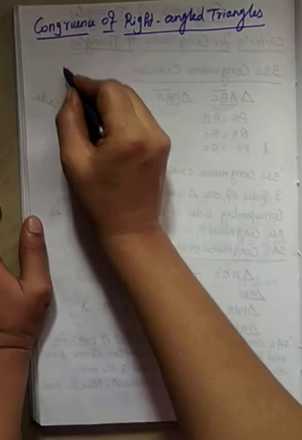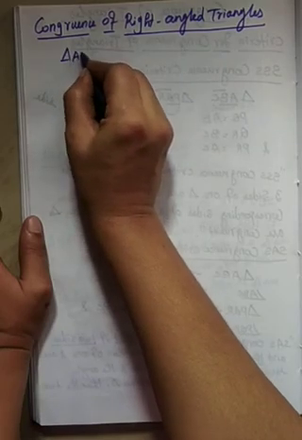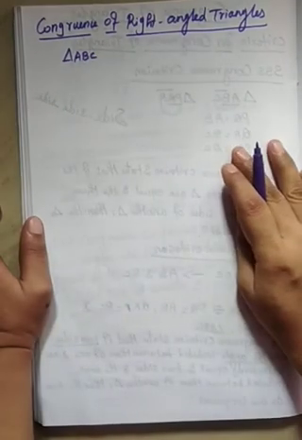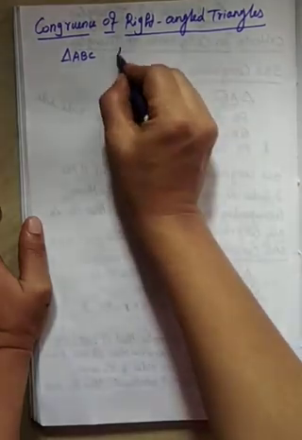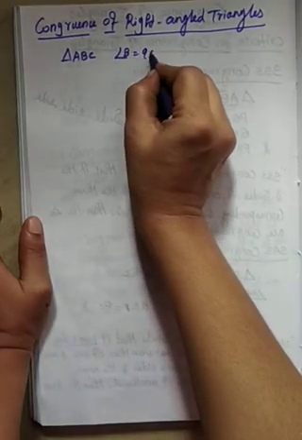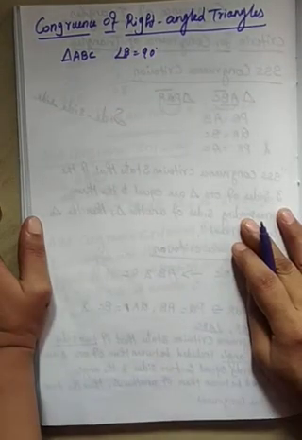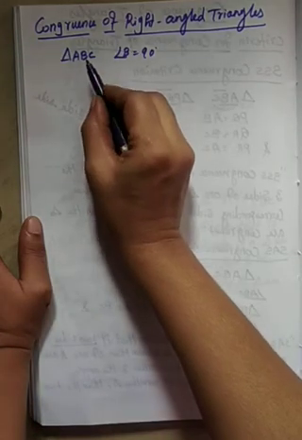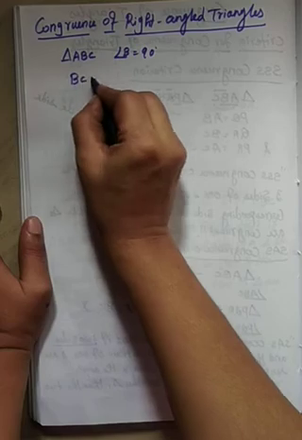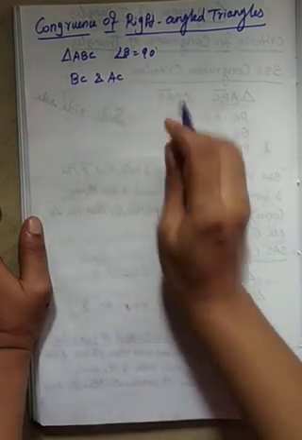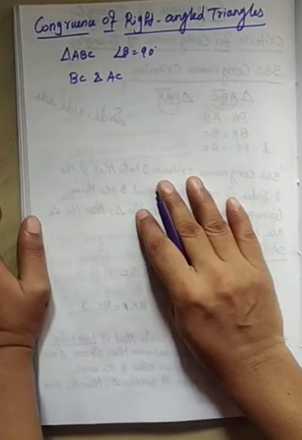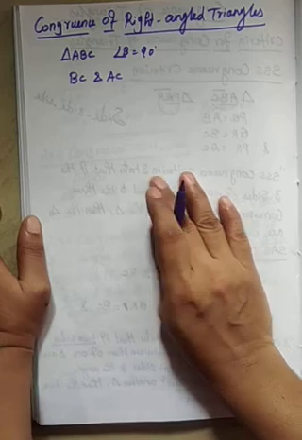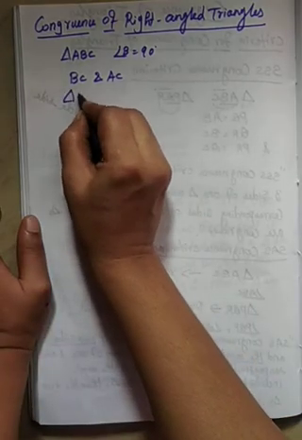See here, construct a triangle ABC in which angle B equal to 90 degrees. Measure the length of the side BC and AC, and record these values. Now construct triangle PQR